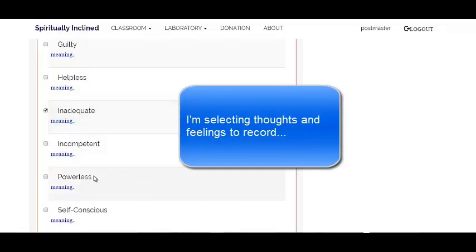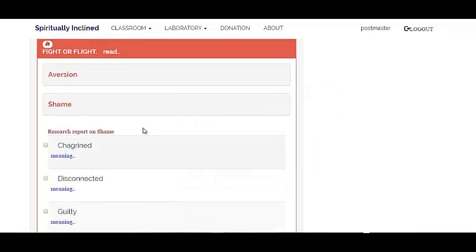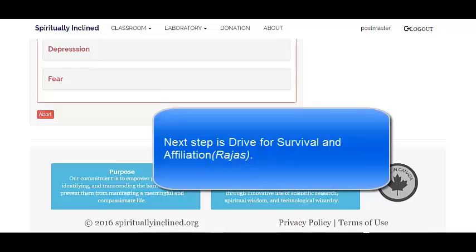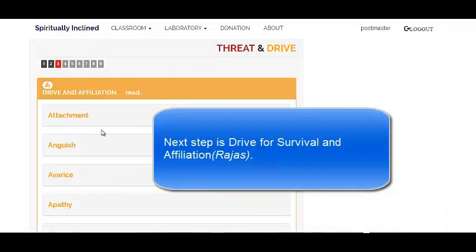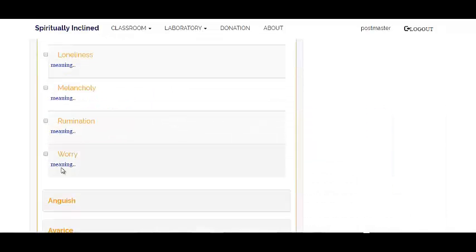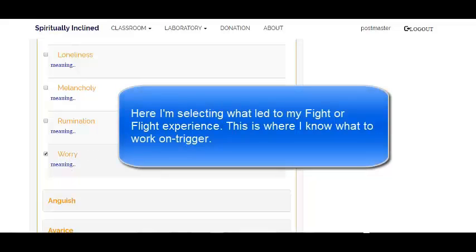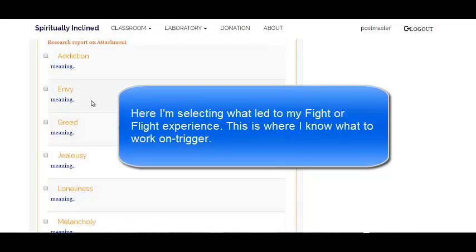And then I will click next to go to drive for survival and affiliation, known as Rajas in Sanskrit. I'm looking at the meaning for worry just to make sure I'm selecting the right one. Here I'm selecting what led to my fight or flight experience earlier on, and this is where I know what